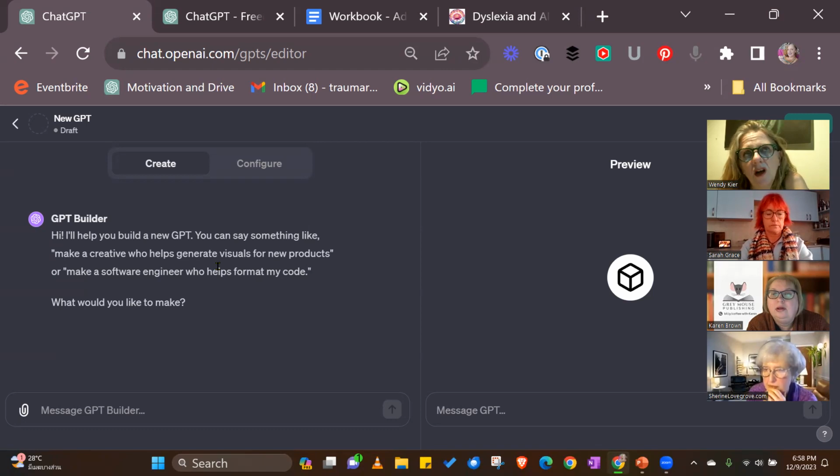What I do if I'm not sure where it is anymore, if it's going around in circles, is I will say, show me the whole prompt, exactly what's in it. But don't change it, just write out for me what the prompt is. And it will give me a whole list of things that is included, so I can just see where I am and what I'm doing. Yeah.